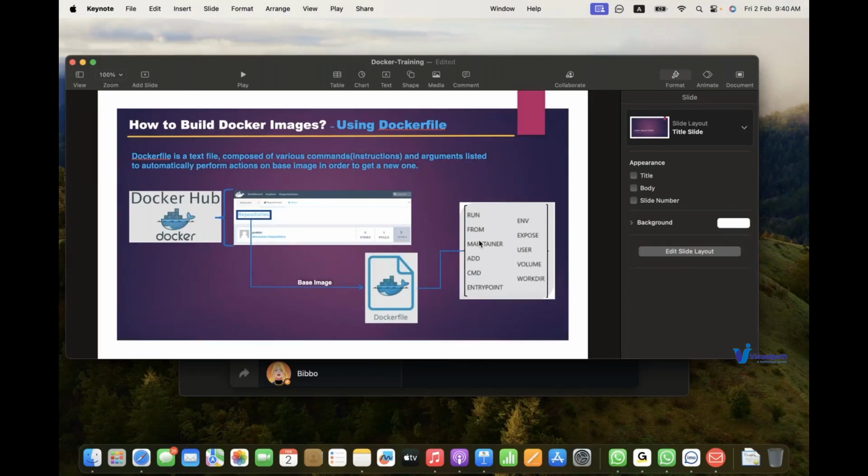Rule number five: these two are your container commands. All the other commands are your image commands, but these two are special commands, CMD and ENTRYPOINT. They are your container commands. That means when your image is built, that is fine, and when somebody downloads an image, that is fine. But when you start a container,